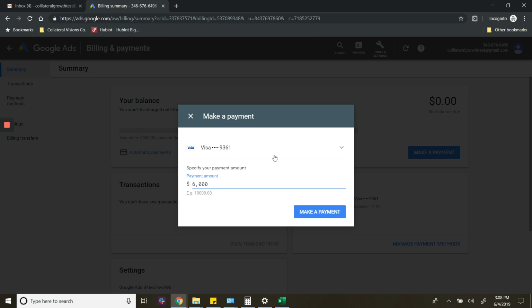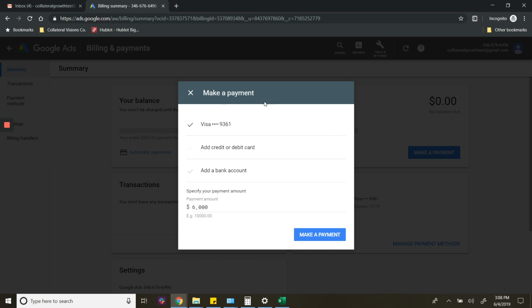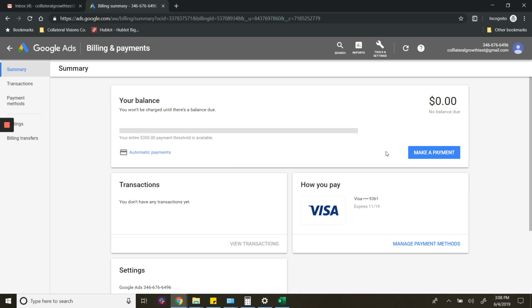$6,000 since I can't type right now. It would allow me to select the payment format that I'm doing, and then I would hit make a payment, and it would load it to the account. Well, the problem with that is the system would recognize the spend in there, and it would try and blow